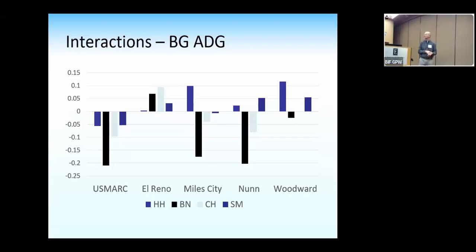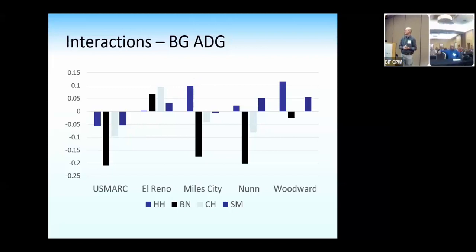And I purposely didn't show error here, because I'm still calculating it correctly, actually. But it definitely factors in here. Probably decent size in some of this. Do see some interaction potential on that early backgrounding, which is probably the place I expected the most, and some places where we had some real advantages relative to Angus in that wheat pasture on that growing. Not a surprise given the average area gains we were seeing there, I don't think, relative to most of the other locations. A little flipping where Hereford seemed to do better in some other locations as well.